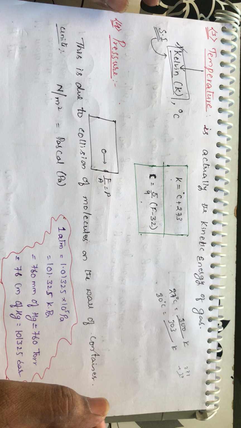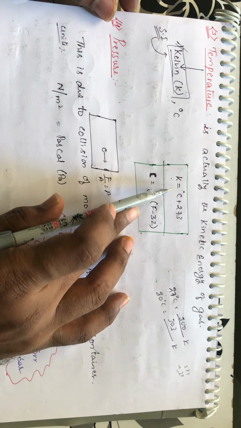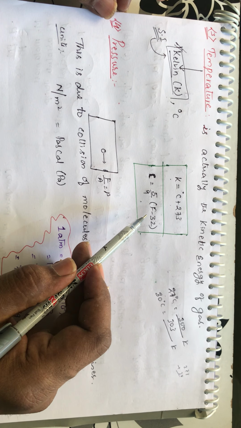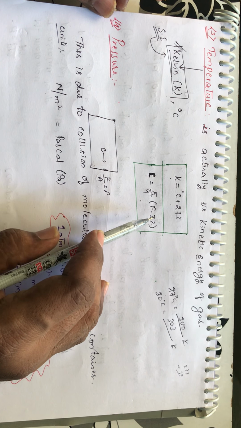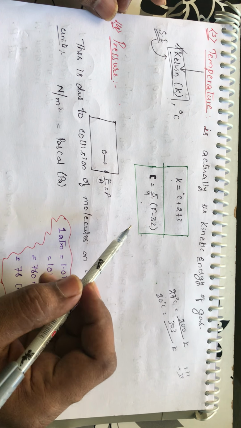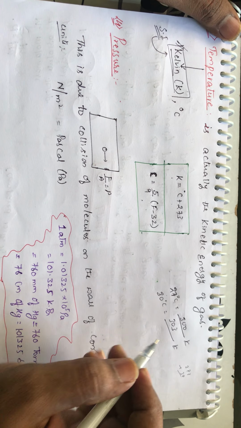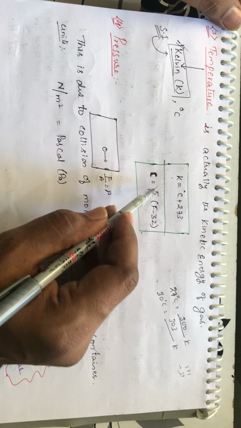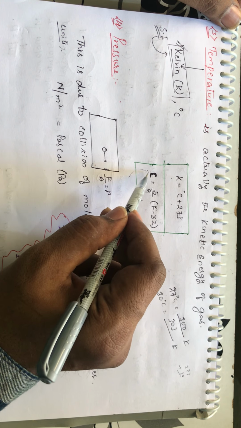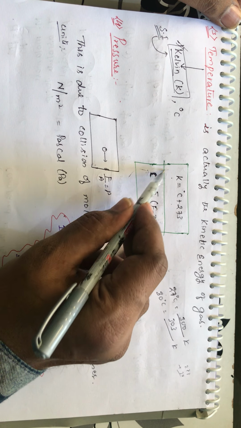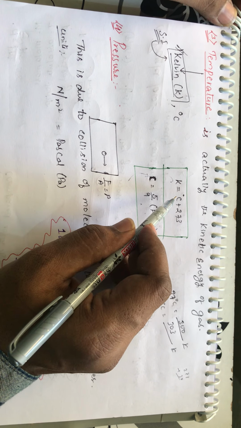In this way, whenever you have any temperature in degrees or Fahrenheit, convert that into Kelvin. If you have a temperature in Fahrenheit, first convert that into degree centigrade. For converting Fahrenheit into degree centigrade, you require the formula C is equal to 5 by 9 (F minus 32). Right, students, this is the way of converting Fahrenheit into centigrade, and you already know that degree centigrade can be converted into Kelvin by adding 273.